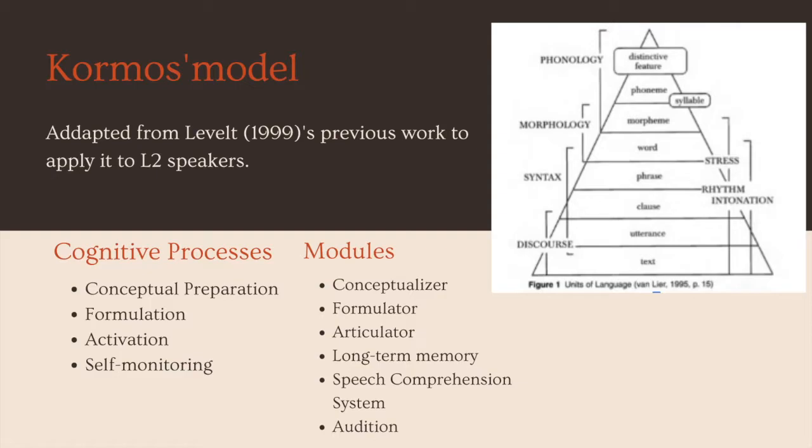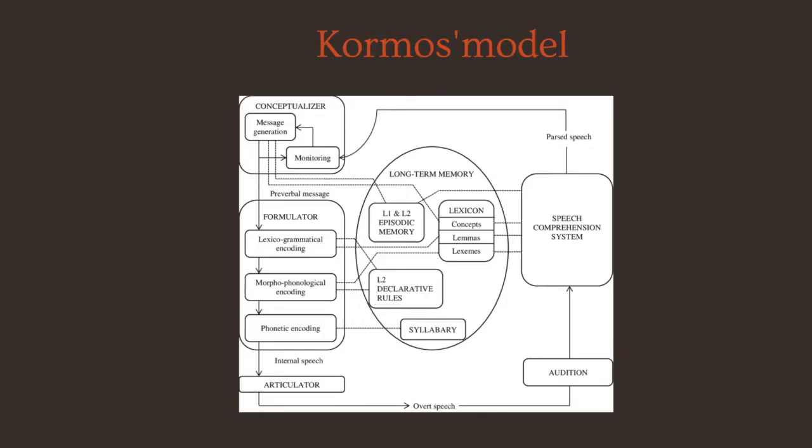First, there's episodic memory, which contains the different episodes in one's personal life. To continue, there's semantic memory, which encompasses one's lexicon that appears in a hierarchical manner. These are activated through linguistic cues. Lastly, we have syllabary memory, which is responsible for the production of syllables, therefore directly correlated to the articulatory system. Additionally, in the case of L2 learners, there's a fourth memory store called declarative memory, where speakers store their knowledge of L2 rules. This is because it is assumed that in L1 these rules are automatized.